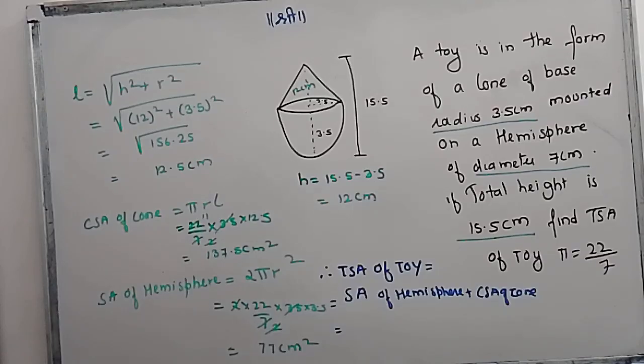So after cancelling, I am getting these answers. Okay, after putting the values and cancelling, I am getting these answers. Please write all the steps clearly on your answer sheet. Now what we have got is CSA of cone and surface area of hemisphere. So total surface area of the toy will be surface area of hemisphere plus total curved surface area of the cone, which will be